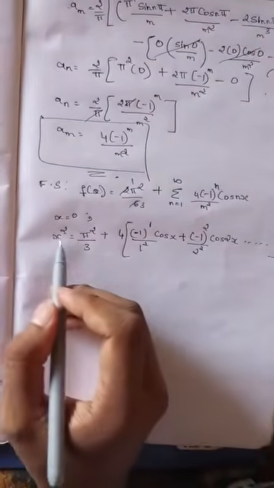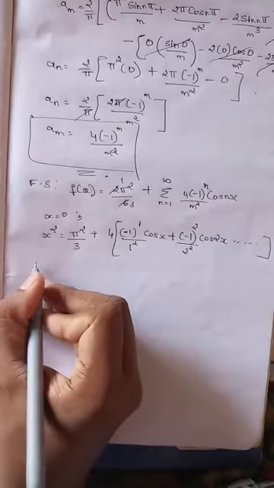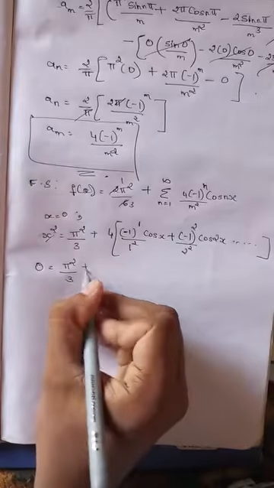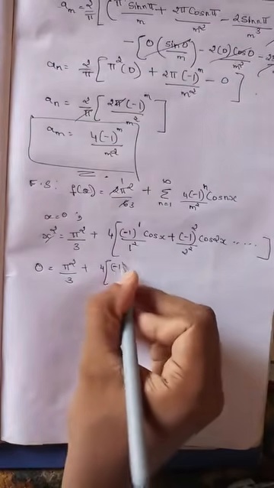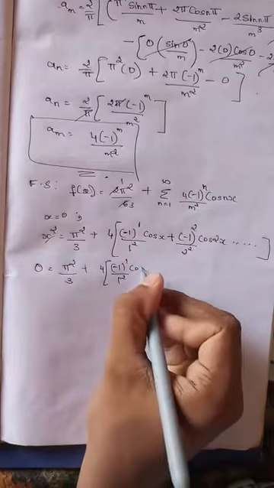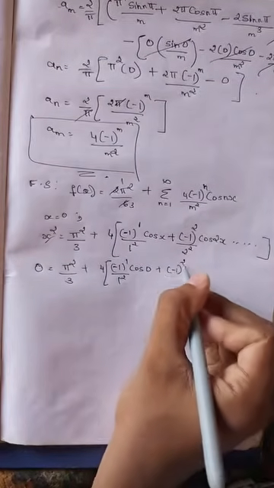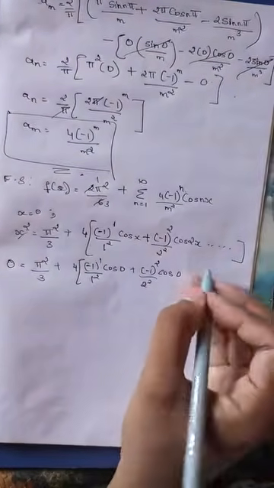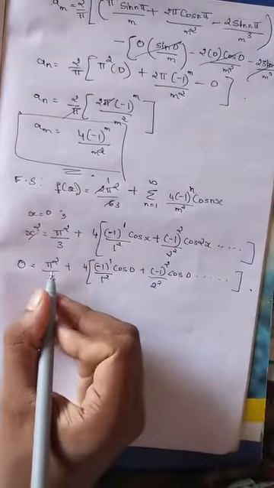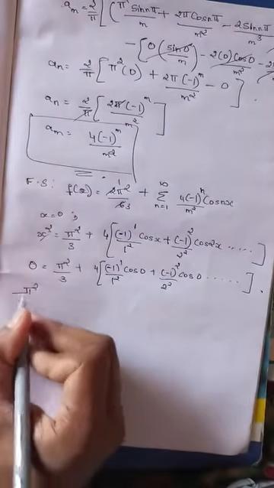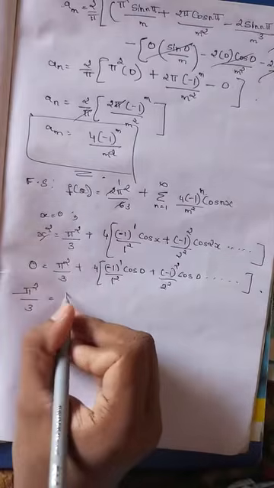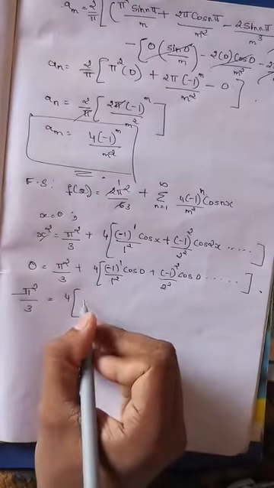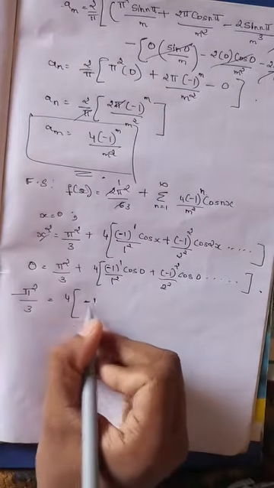So now we need to put x equal to 0, that is x square, 0 square is 0. Pi square by 3 plus 4 into minus 1 to the power 1 by 1 square cos 0 plus 2 square, again cos 0, cos 2 into 0 is 0, so again cos 0, this goes on. So bring this pi square by 3 to another side, it becomes minus pi square by 3, 4 into, so cos 0 is 1, so multiply it, it becomes minus 1 by 1 square,